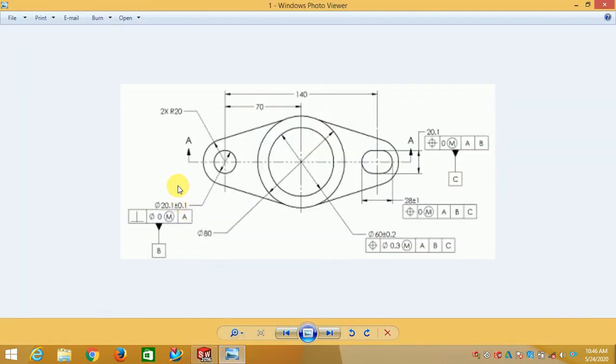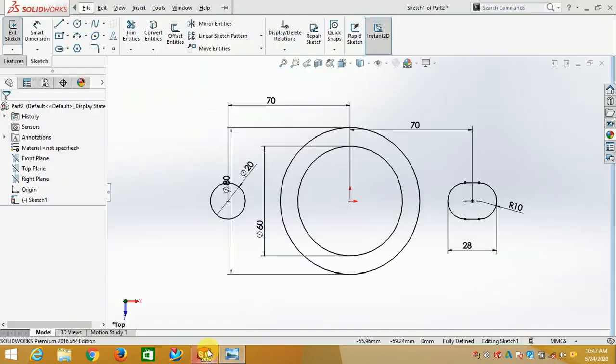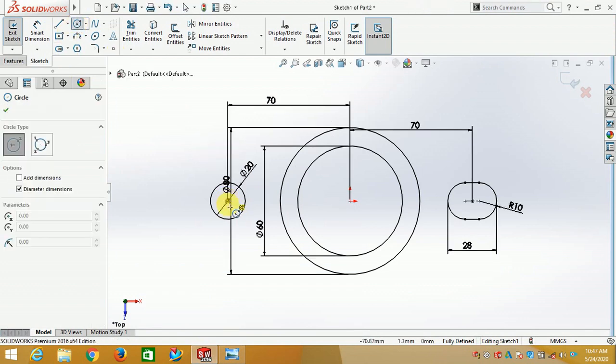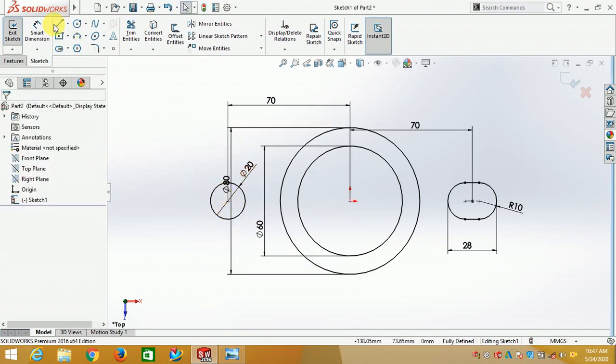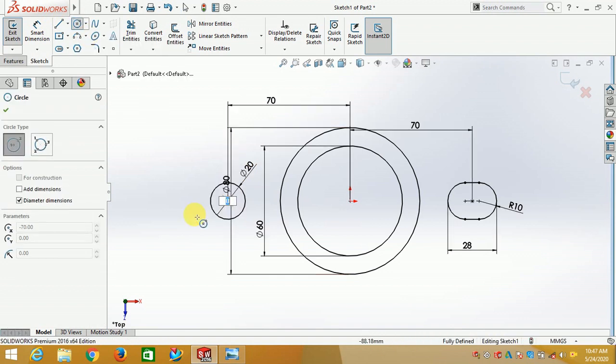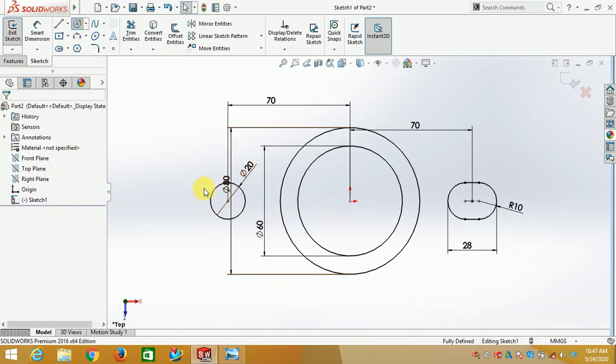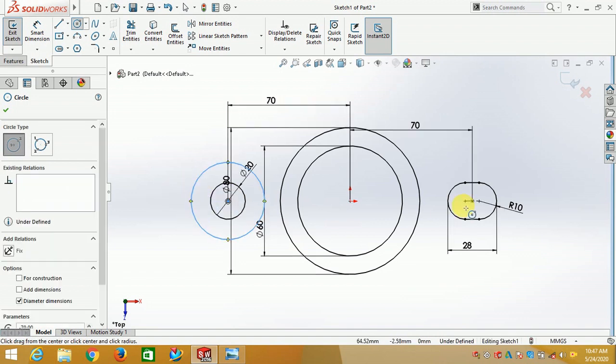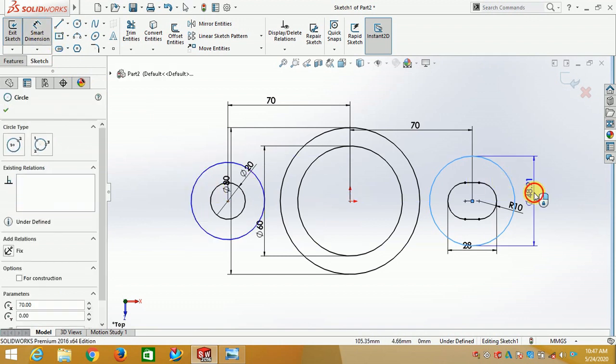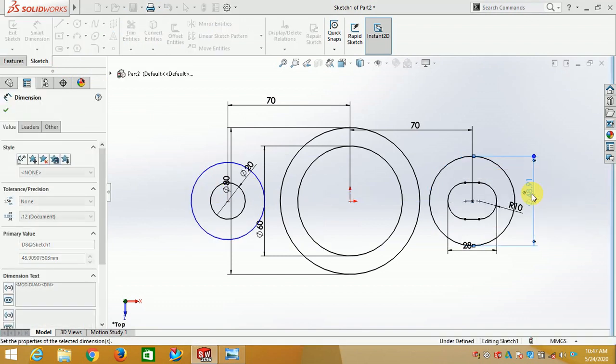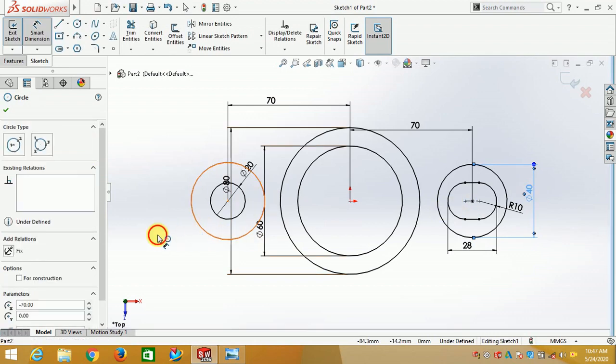Next procedure, this circle is there. This circle is of radius 20, meaning here it is 20 and here it is 20. So we'll give the radius 20 with the help of the Circle command. Draw a circle once again like this and like this. Give the proper dimension. I will give the diameter 40 because the radius is showing 20. Go with the diameter 40.